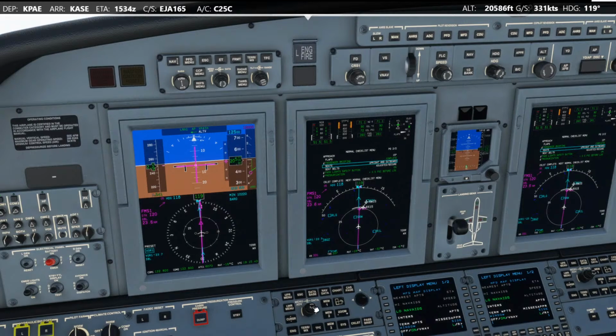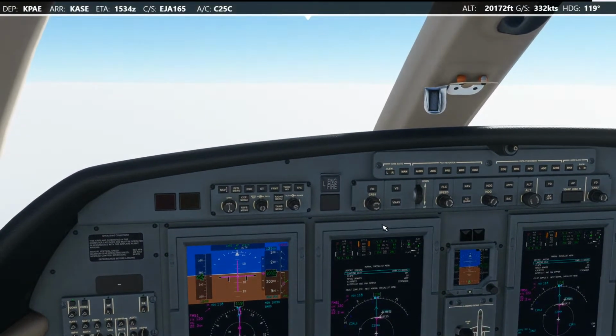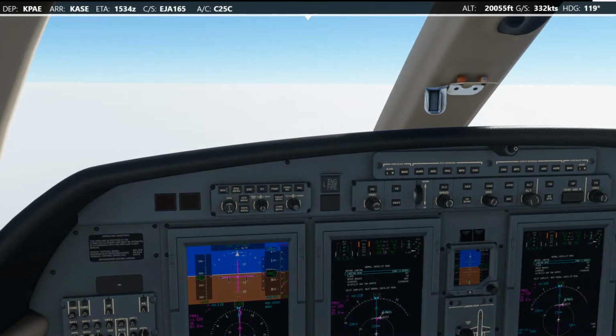Flaps will be done shortly. We've done seats and seat belts. Flaps 15 for landing, eh? And then our before landing checklist. So how can I force this to start to slow down then? If I want to select...